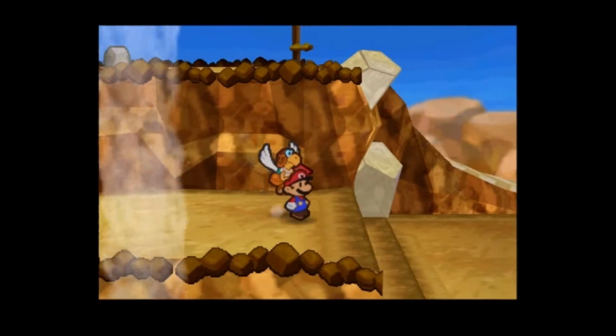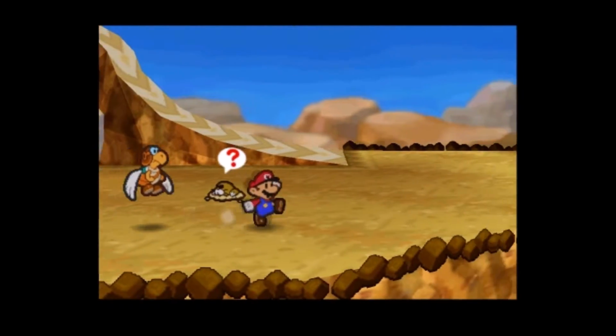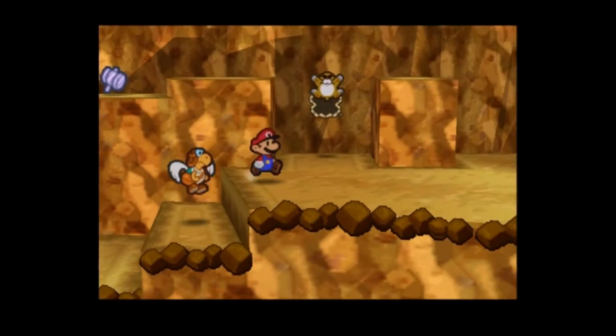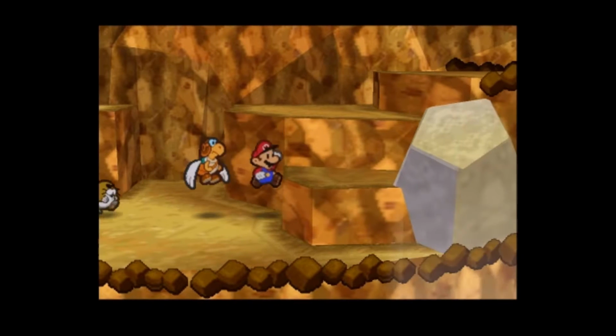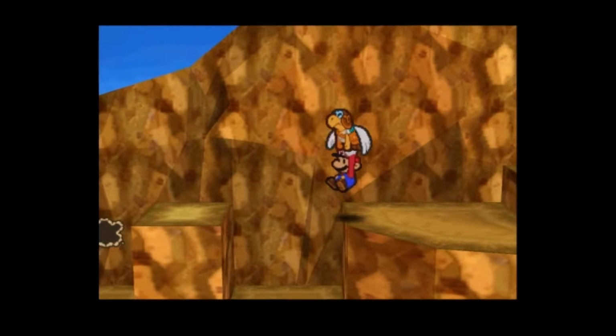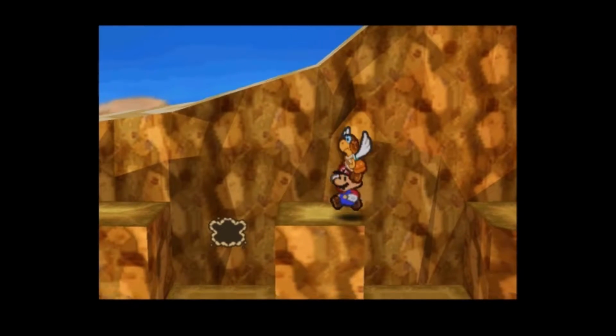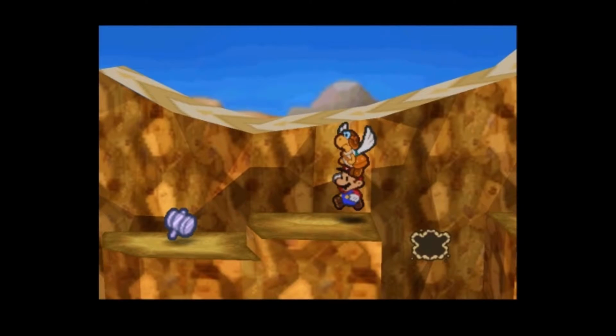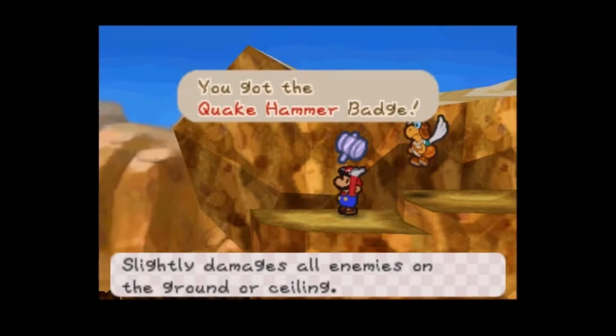In the last episode we recruited Parakarry to our cause, and in this episode we're going to collect some things on the mountain we can get now that we have him, and then head down the mountain. Here, Money Mole. Alright, first thing we're going to do is hover our way across these platforms to get this badge. And yes, this episode, like the last one, the commentary is post-recorded